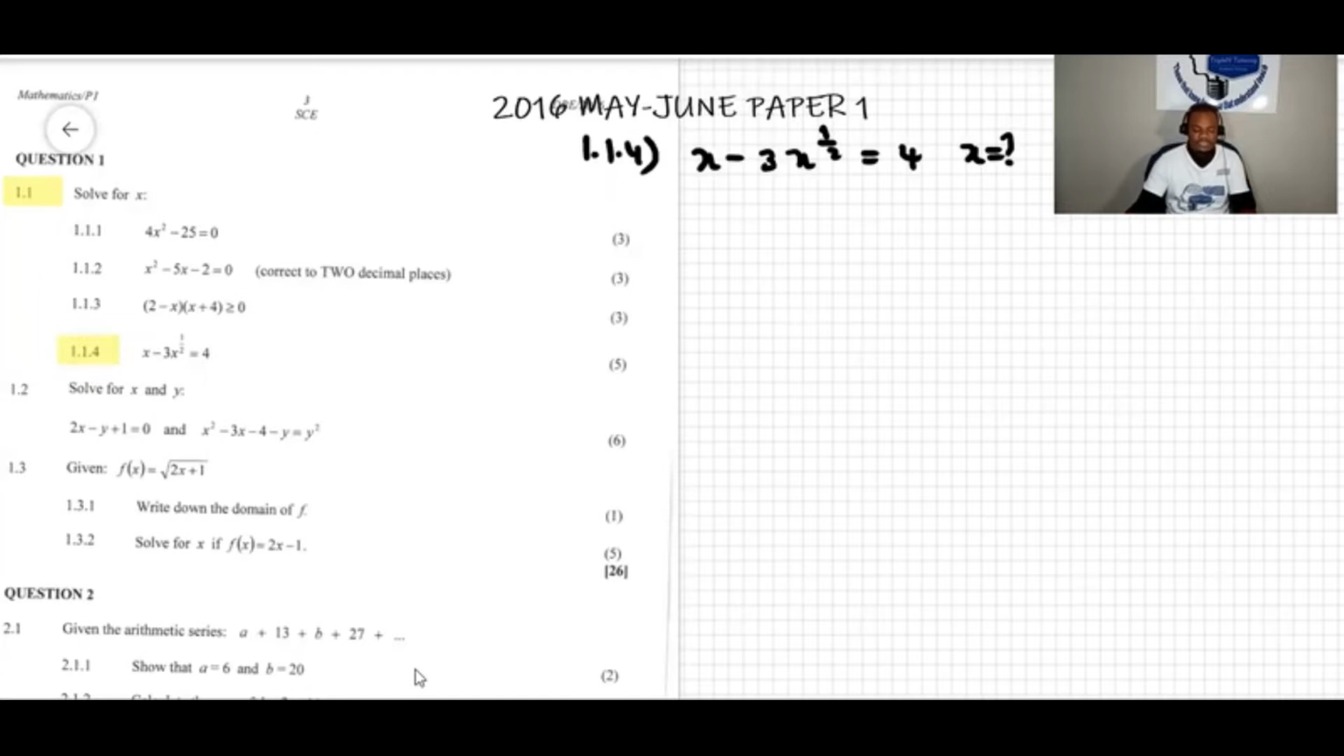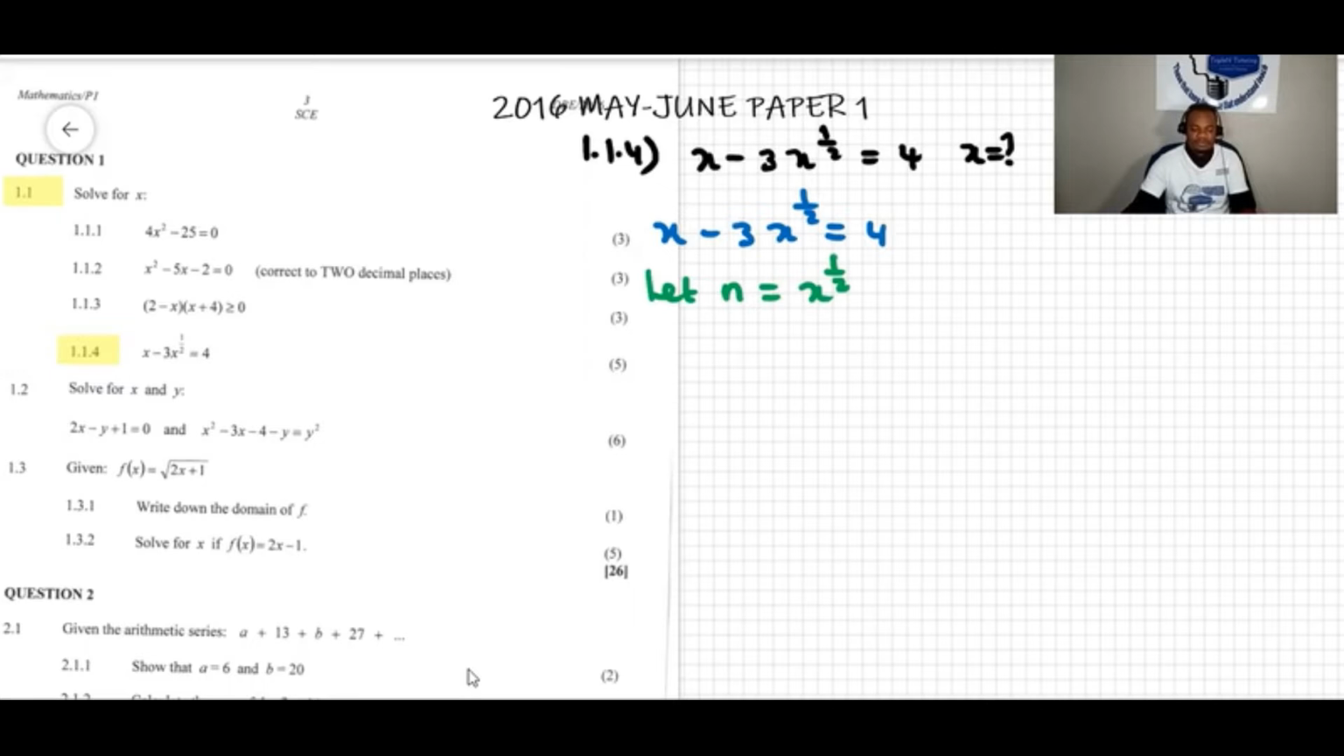We have an exponential equation here because we have an exponent on top of exponents on the variable. Okay. So now what we can do, let's solve the equation. I'm going to write here x minus 3x to the power of a half equals 4. Now we can solve this by introducing another variable. Let n equal x to the power of a half. Okay. So if n equals x to the power of a half,